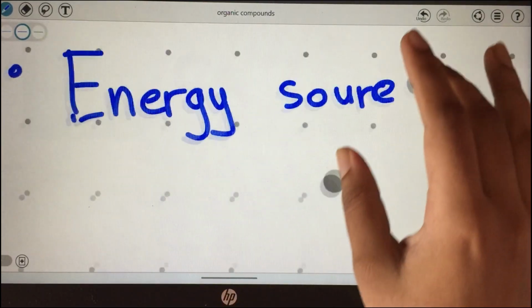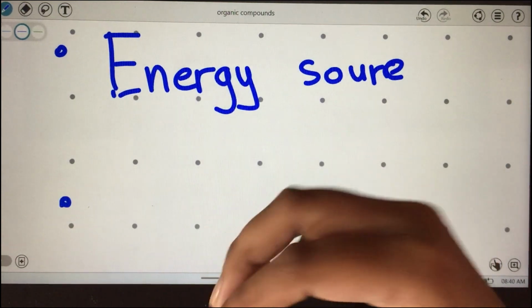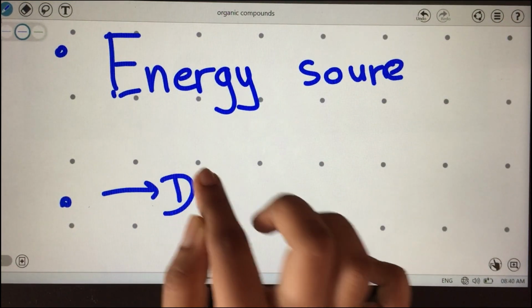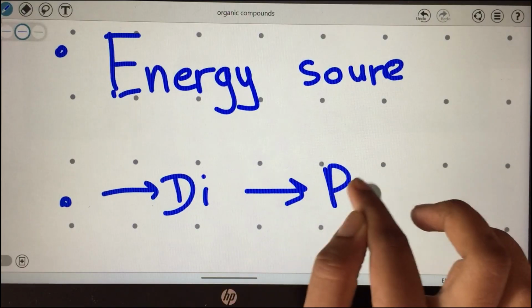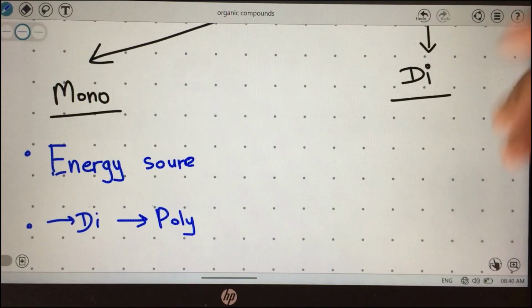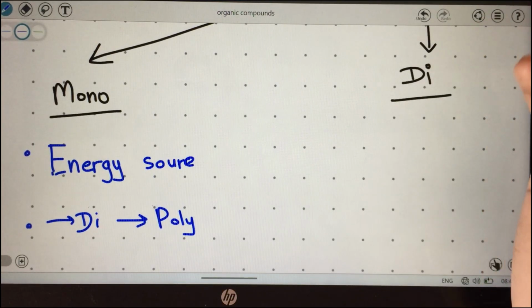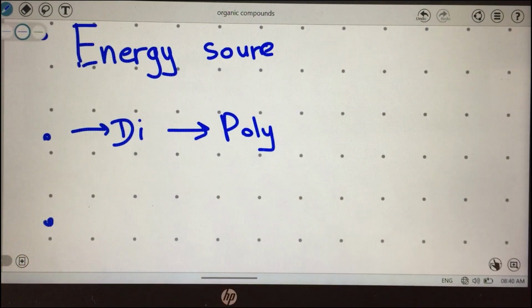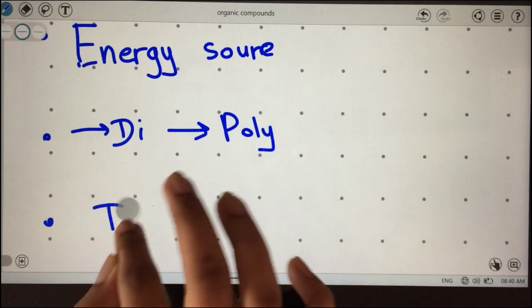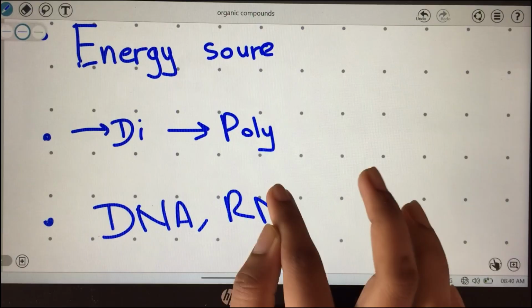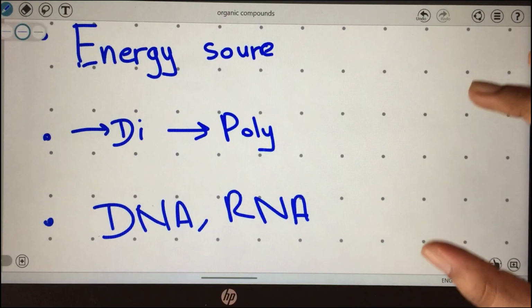Secondly, you can remember they are going to be making the building blocks of disaccharides and polysaccharides. So they are going to make what? Di and poly. Who are the people who make the di and polysaccharides? It is monosaccharides. Okay, so they are going to be building blocks, and you can give examples of disaccharides and monosaccharides that they form. Then they are also going to be building blocks, or we can say components of nucleotides, like we can say DNA, RNA. For now, remember this. When we come to nucleic acids, you will understand.